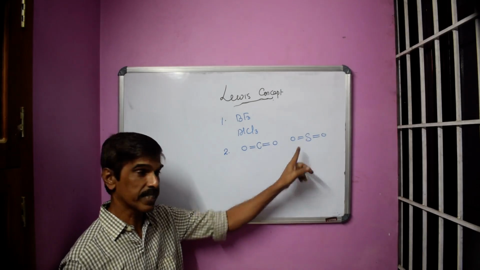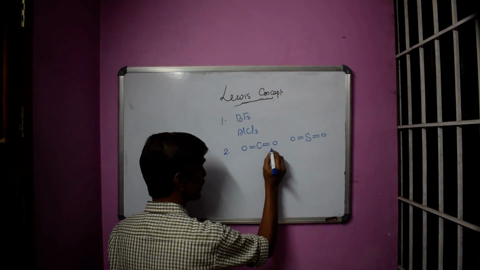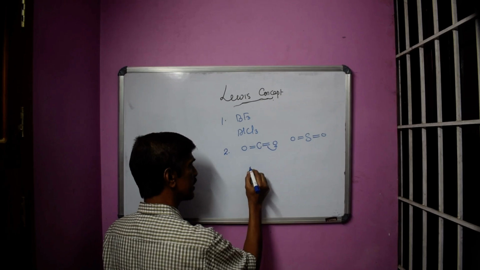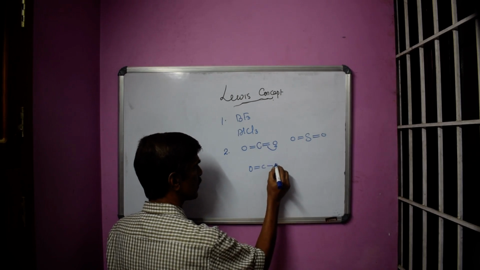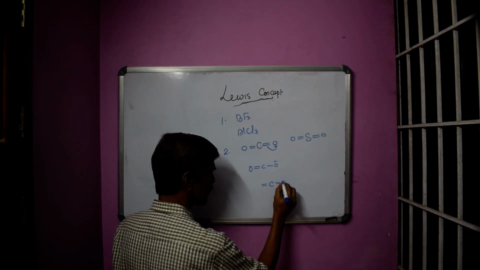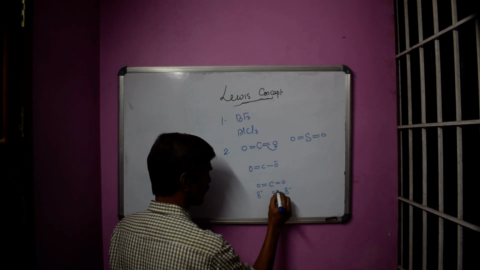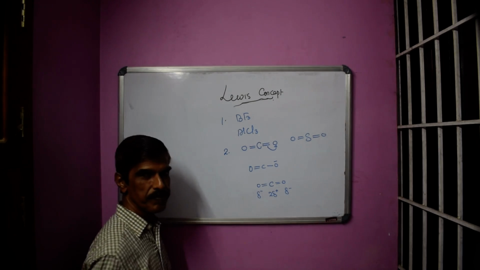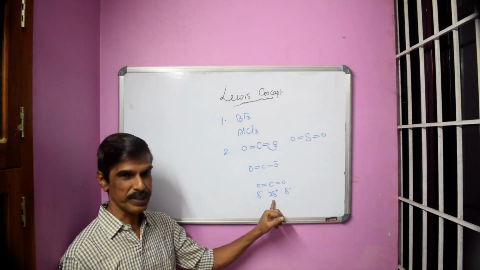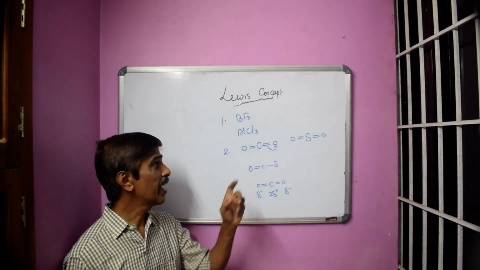In such cases, there will be a shift of electron density towards oxygen, or you can say that this bond will be polarized, or you can write it like this, or you can write it like this. In any case, we can see that the central atom is highly positive, and here it can attract